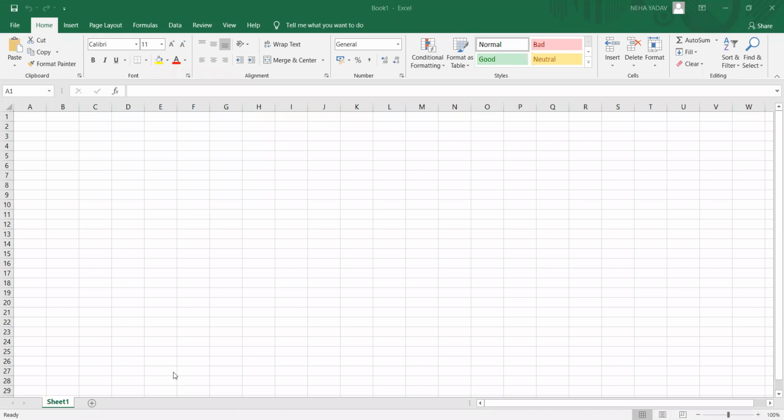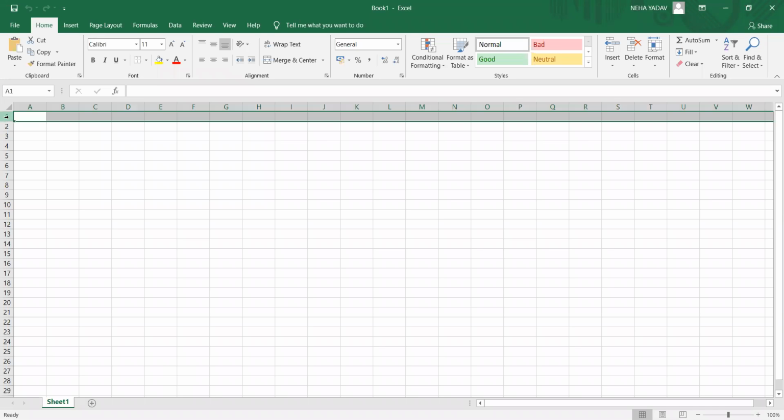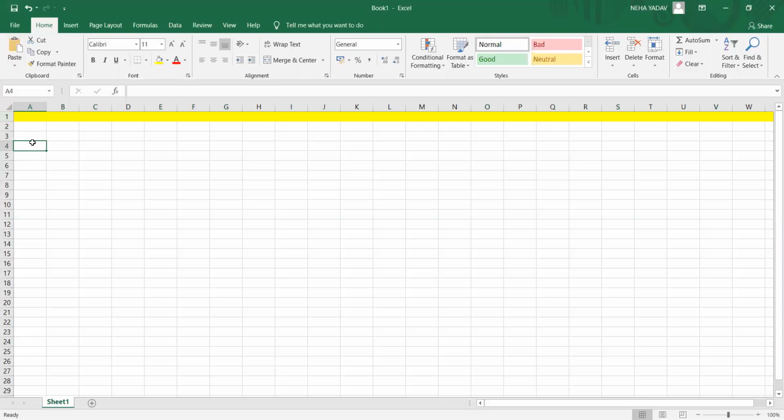So children, as you can see on your screen, these 1, 2, 3, 4, in the extreme left corner. If I select this one, it selects one whole horizontal line, and this is known as a row. Please notice what I'm showing you on the screen, right? This is slight gray. Let me color this so that it becomes more visible. So see, now it is in yellow color, and this whole yellow thing is your row.